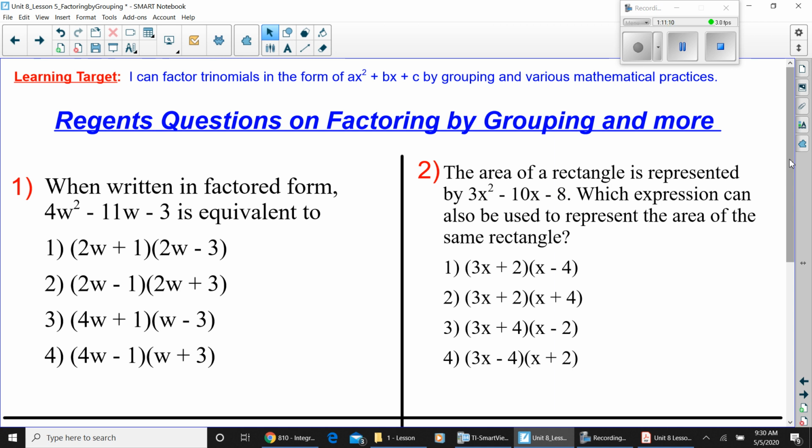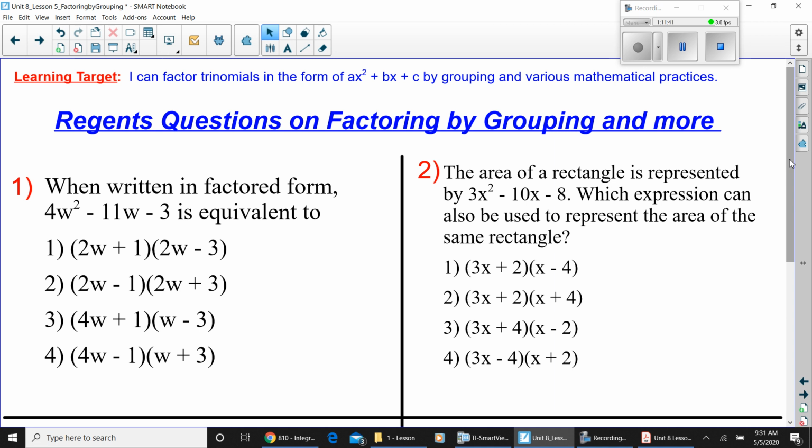But I don't like to do that because sometimes you will come out with the same answer if it's not factored correctly, and they give you one of those things. Sometimes they do that on purpose. So try to do them step by step. Like multiply the 4 and the negative 3, and then look for those two factors and stuff like that. Go ahead and see if you can do it,